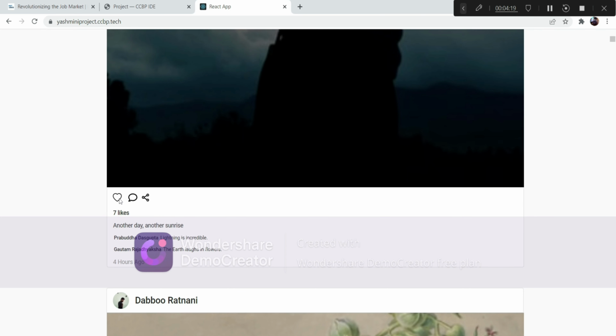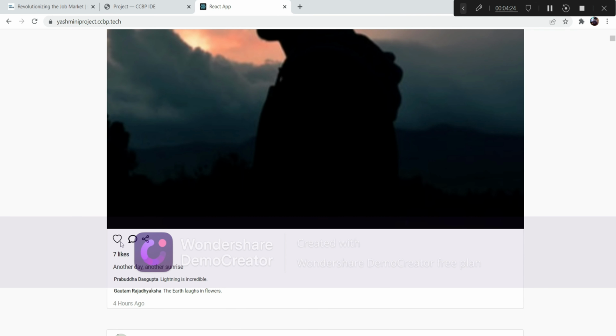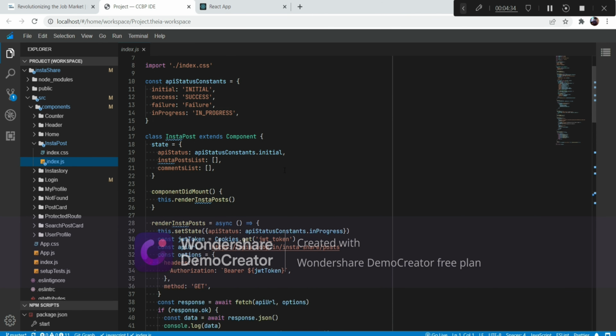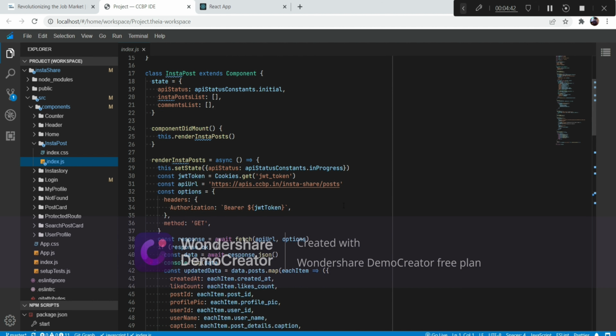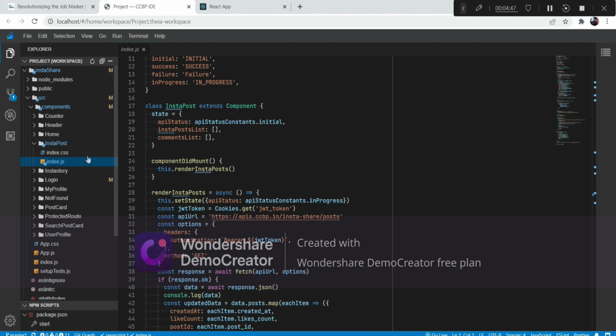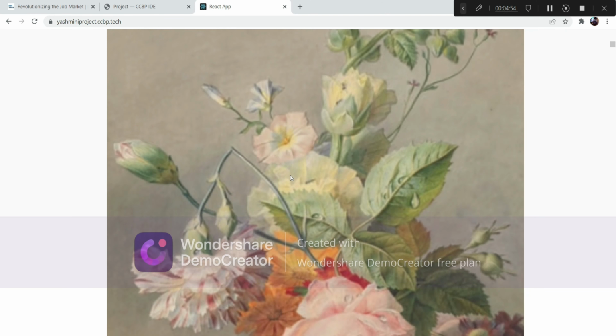If I like a particular post, the count will be incremented by one, and if I click on that same icon again, the likes will be decreased. Yes, in the same way, whatever process I followed in InstaStory, the same thing I have followed in the Instagram posts also to display. And as you can see,